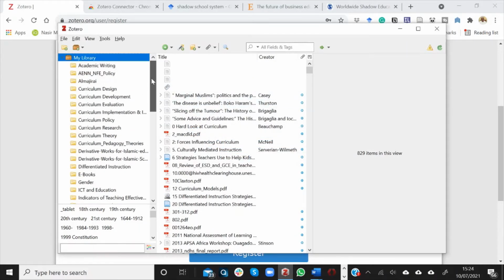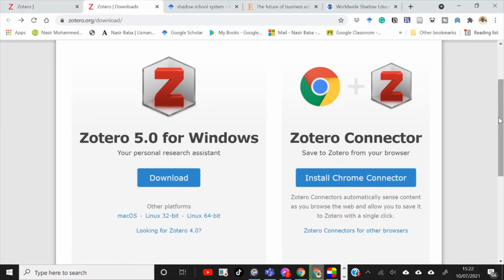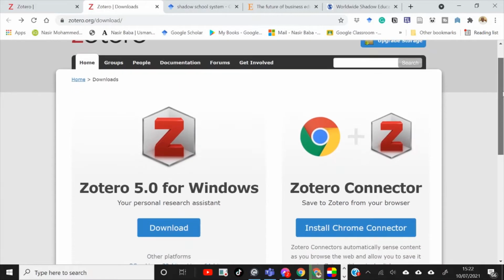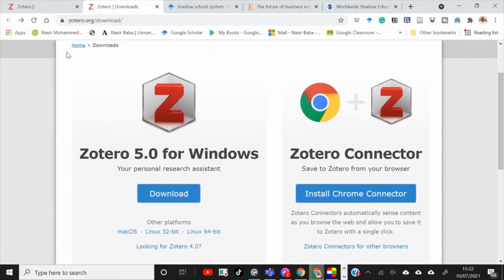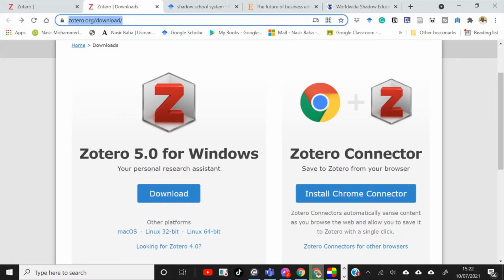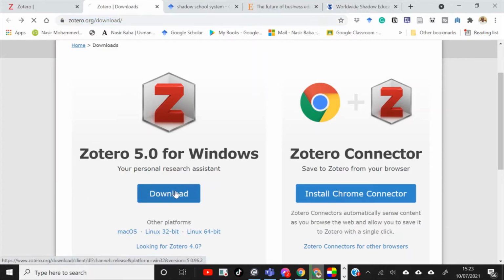Step 2. Download and install the Zotero PC application. Once installed, you can use it to store and manage literature sources that you would use and cite in the articles or papers that you write. The software also installs the Zotero Word plugin to Microsoft Word or any compatible word processor you have on your PC. Step 3. Download and install the Zotero browser connector.